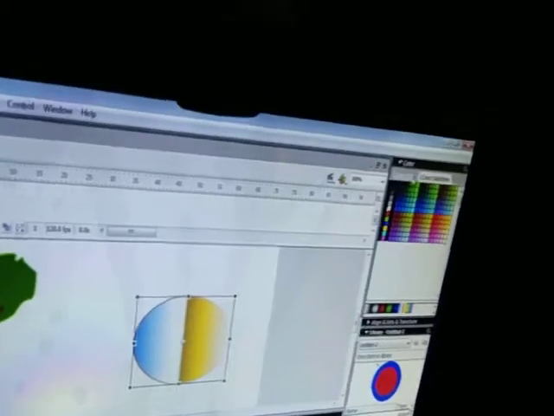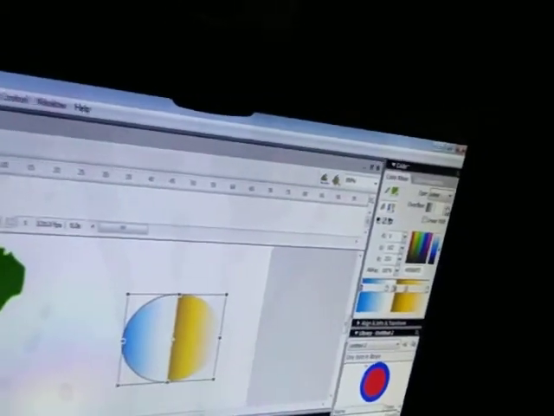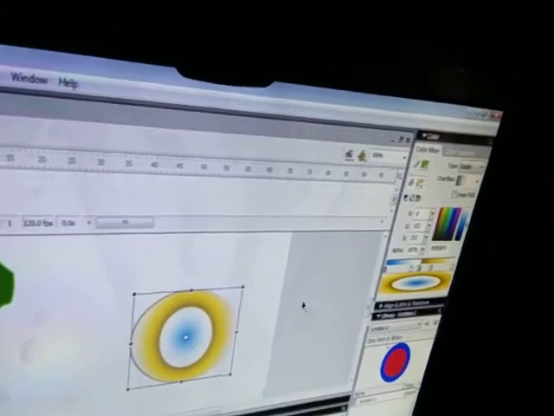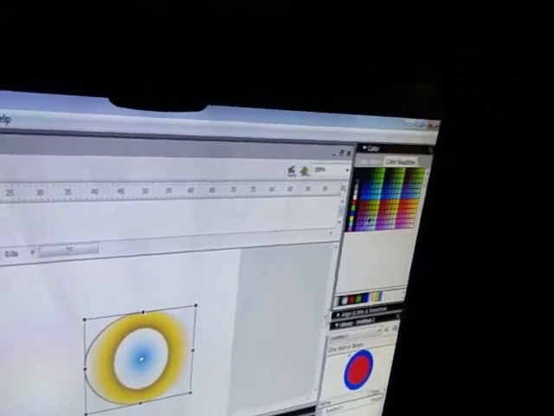If you want to change it to a radial, you can see that this one is a radial color. If you want to change the color option, once again you can change it, just like a red color.